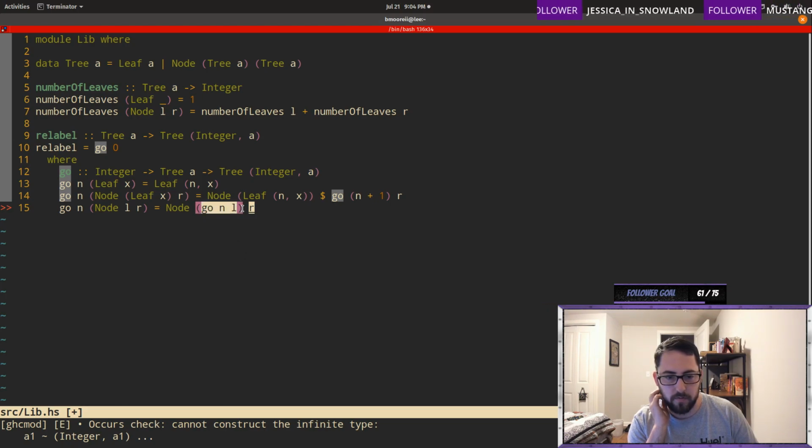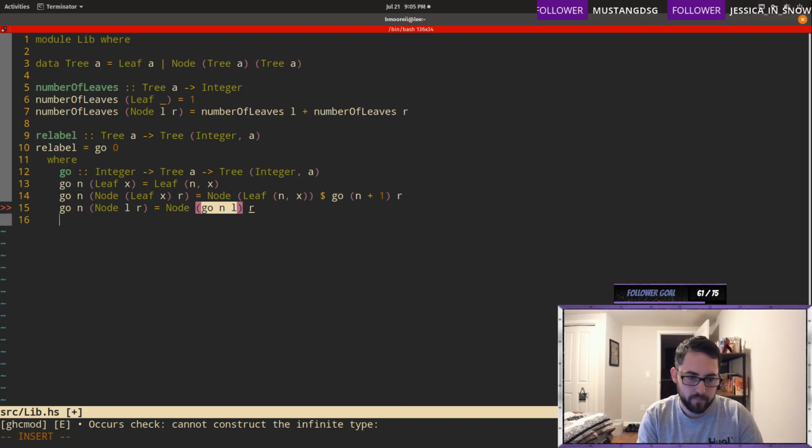You have to do something with the furthest right value of this, I guess. It's kind of a pain in the butt.